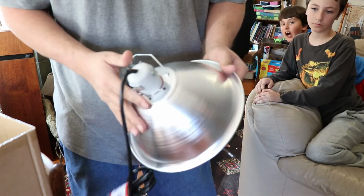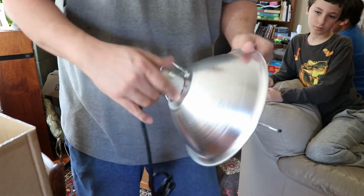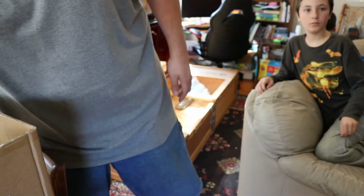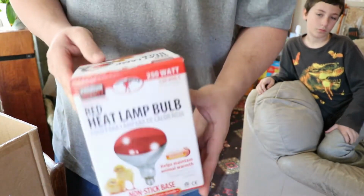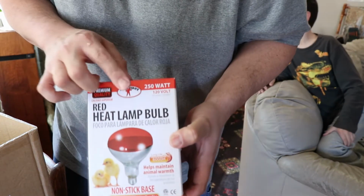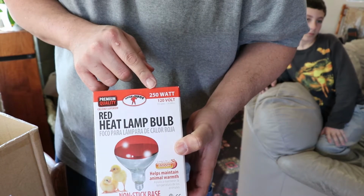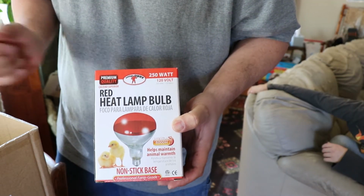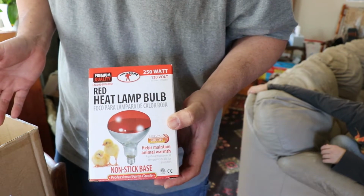One metallic reflecting heat lamp you'll need. Can you cut those off for me? And you need a red heat lamp. 250 watts is preferred. The red light is also preferred because most people think that chickens are herbivores, but they're